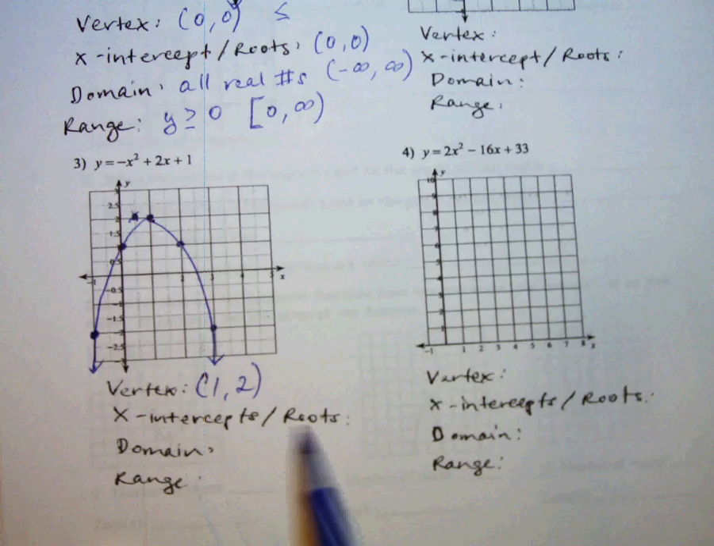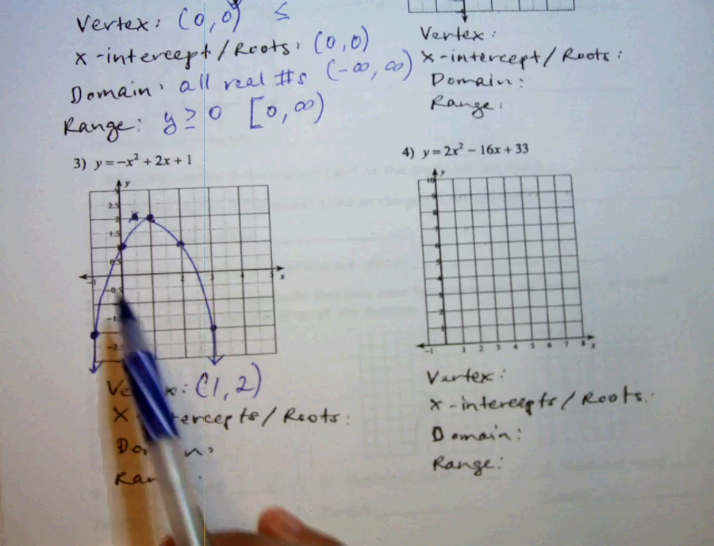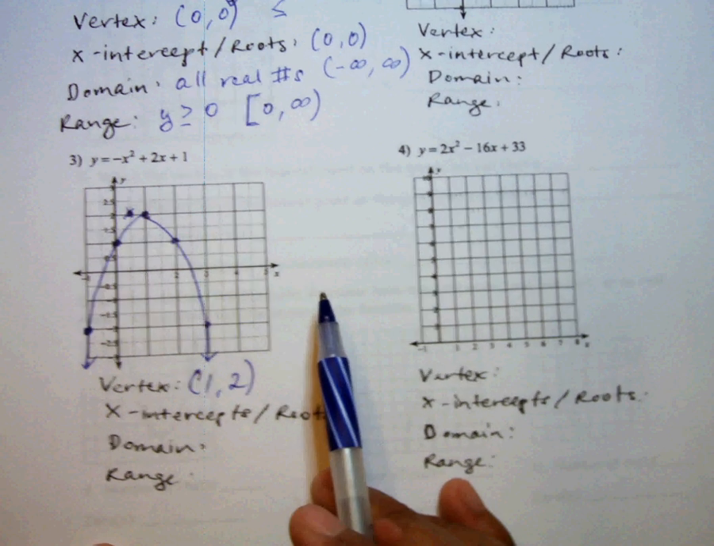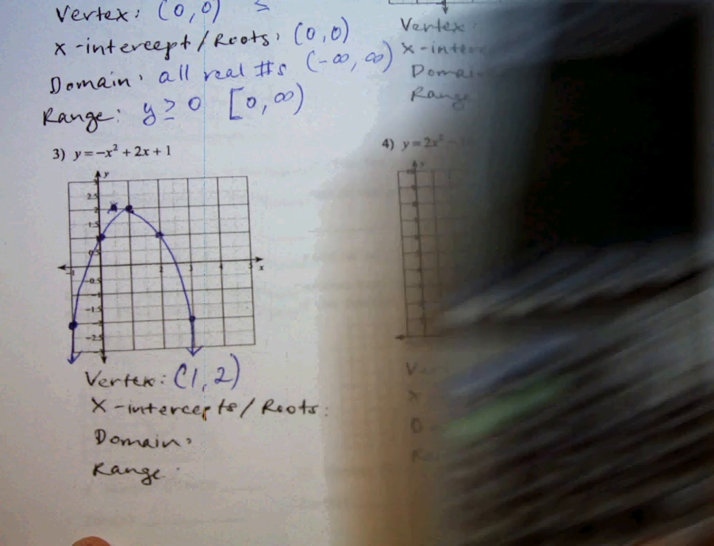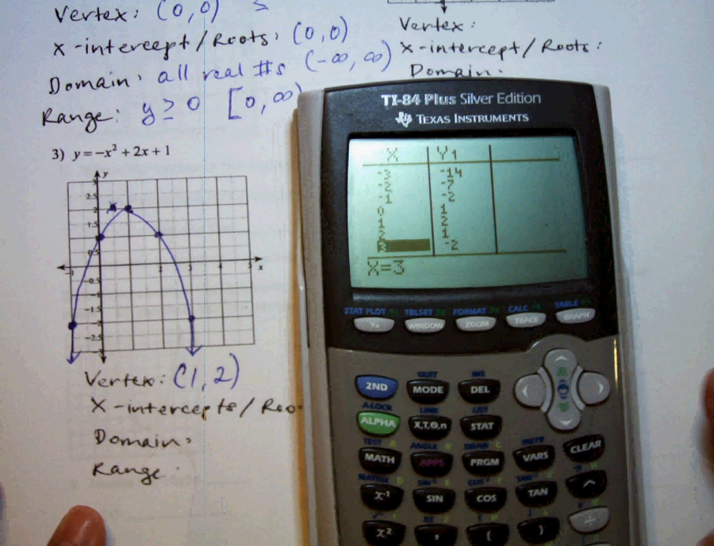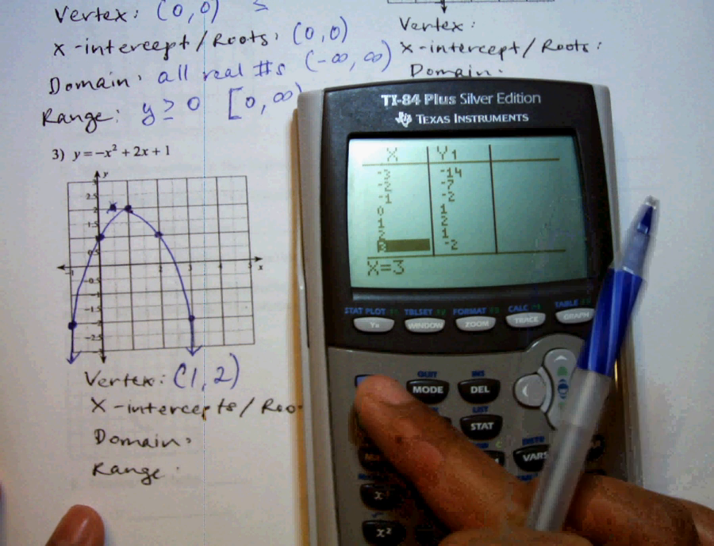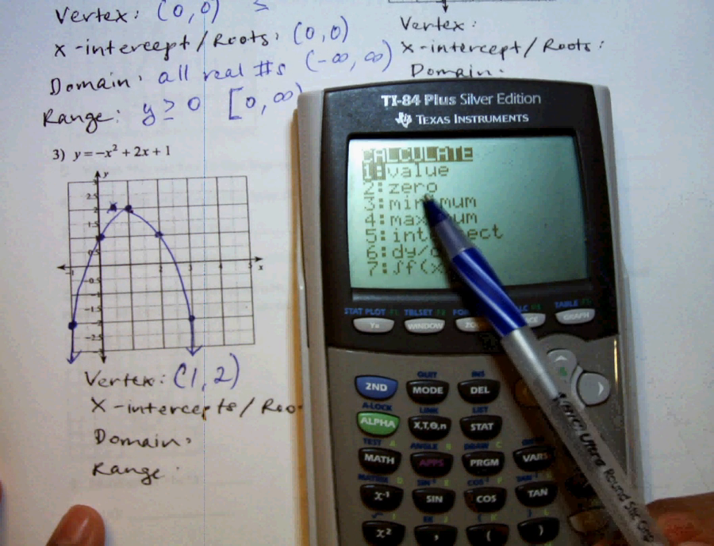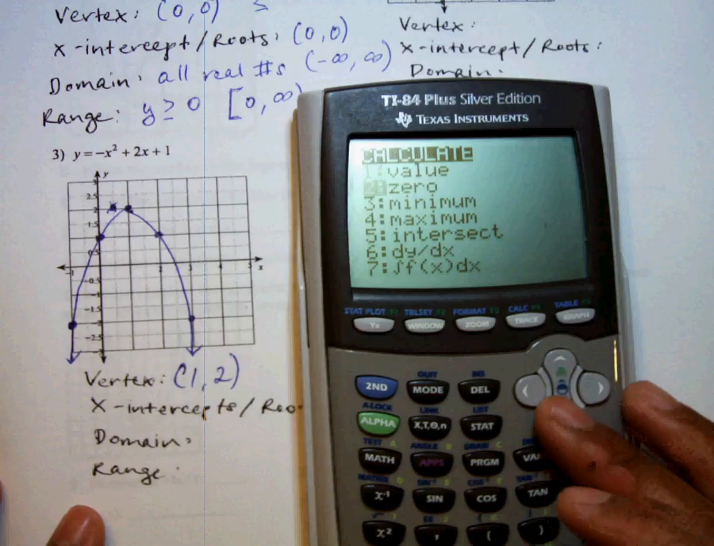What will be the x-intercepts and the roots? Well, you can't really see it just by looking at it. So I'm going to show you the calculator way and how to do it. So to get the x-intercepts and the roots, this is how you do it. You press second and then trace, and we're going to find out the zeros. So we're going to put our arrow at 2,